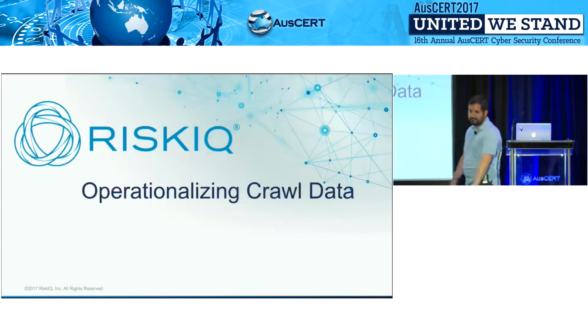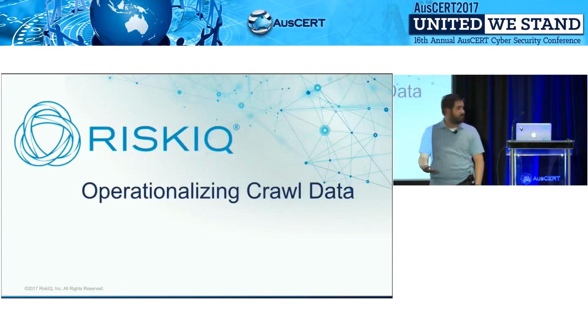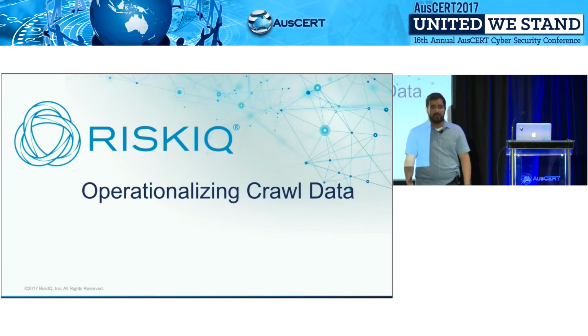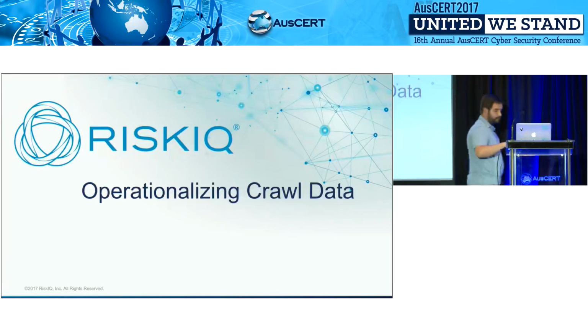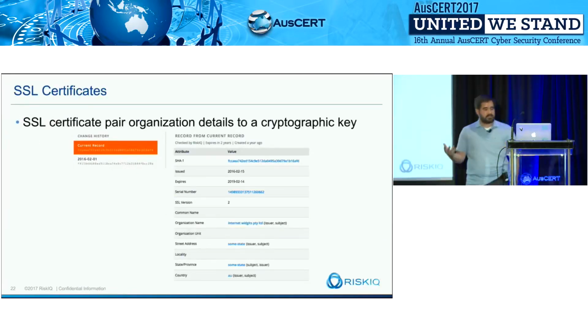So why did I tell you all of that? There's a lot of things in a web page. How do we use that the same way that I previously walked through PDNS and WHOIS to inform an investigation? Well, an SSL certificate, very similar to WHOIS. There are details as a part of the certificate. You have to go through a certificate authority to get it, or you have to create a self-signed certificate. And we can use that the same way we use WHOIS to inform our investigation.